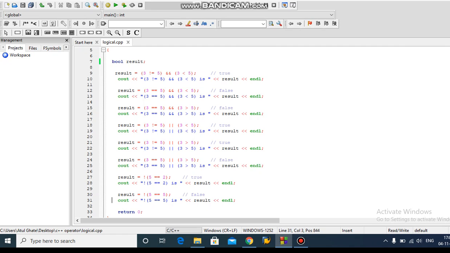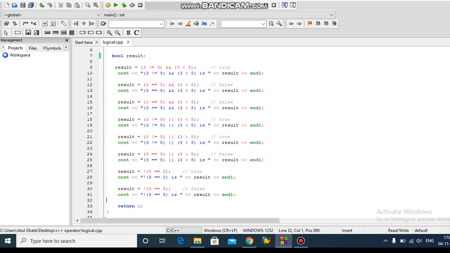Okay. So then the next statement is 5 equals to 5. The condition is true, but in front of the bracket there is the logical not. So the final result is false, because the condition is true, but the logical not in front of the condition gives the opposite of the condition, meaning it gives the answer false. So this is the example of the logical operators.